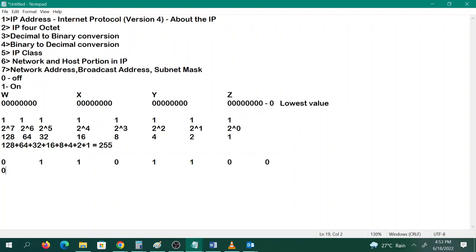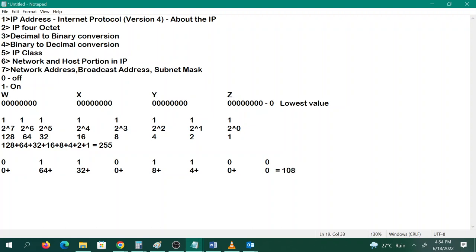It will be 0, plus 64, plus 32, plus 0, plus 8, plus 4, plus 0, plus 0. In total, if we add all these values, it will be